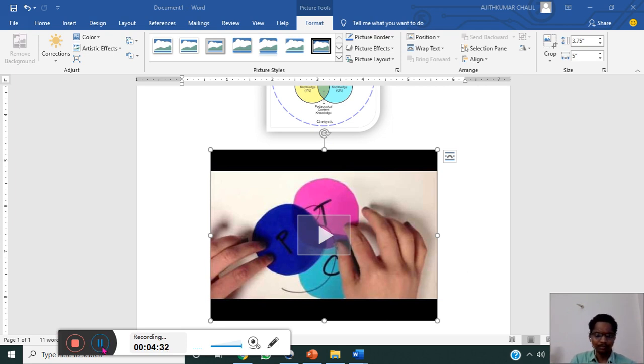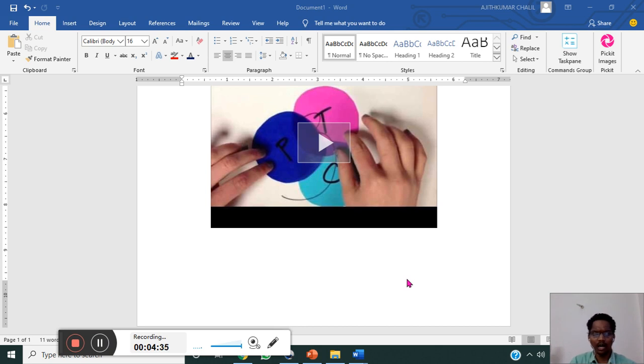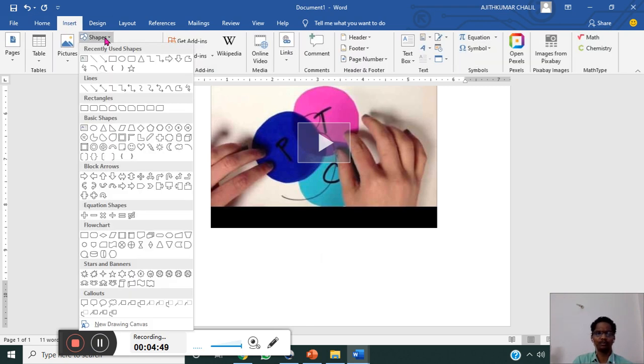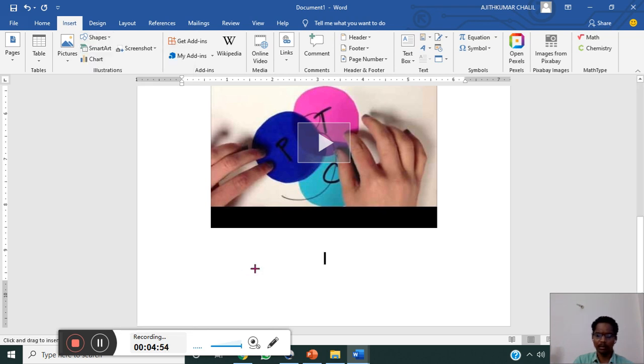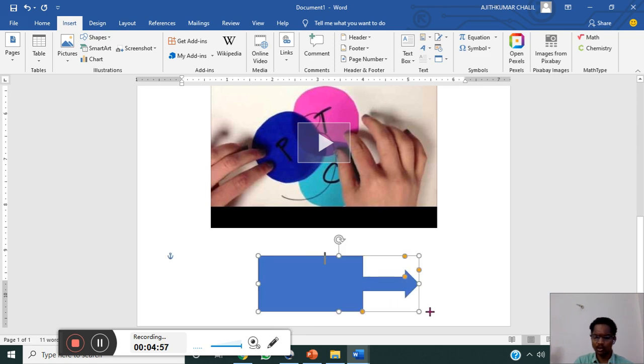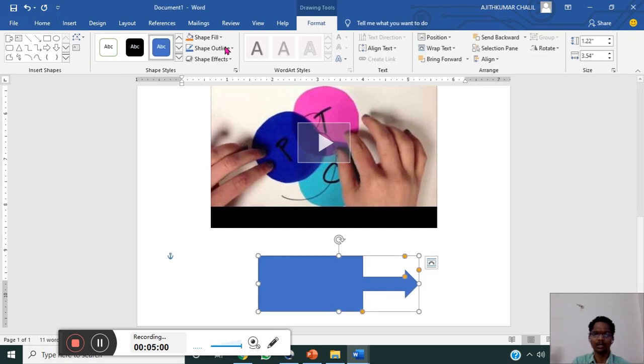Now let us see how we can insert shapes. For that, again I'll bring my mouse pointer here, press Enter, then go to Insert. I'll click on Shapes and take some shape from here. For example, if this is the shape I want, I'll click on that and draw it here. Okay, so this shape is ready. If I want to change the color, I'll take some other color. If I want this kind of coloring, I can take it from here also. Then all those can be done.